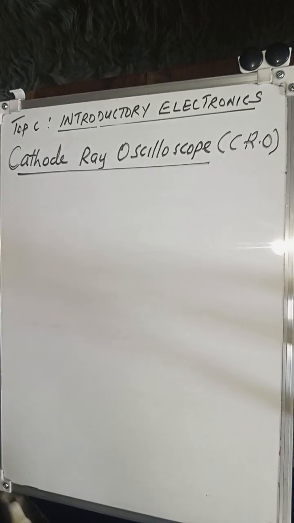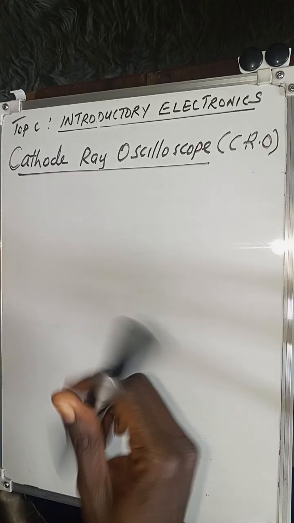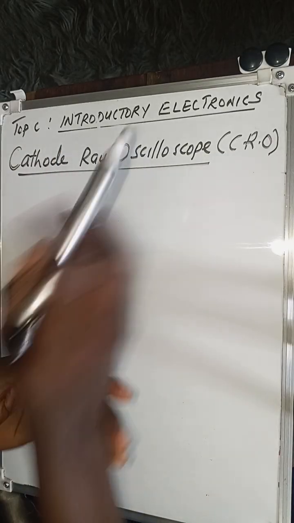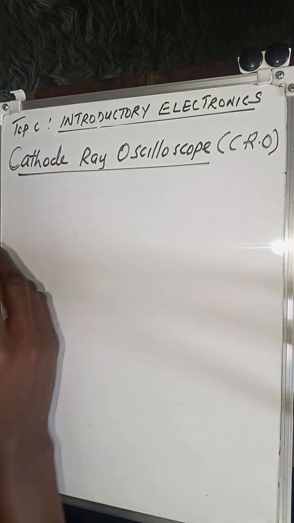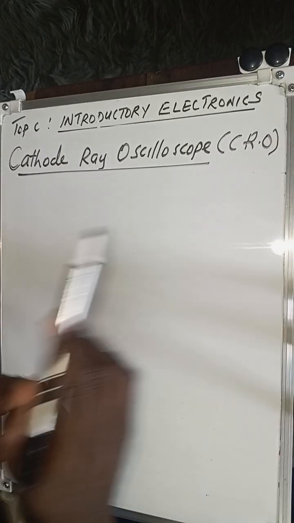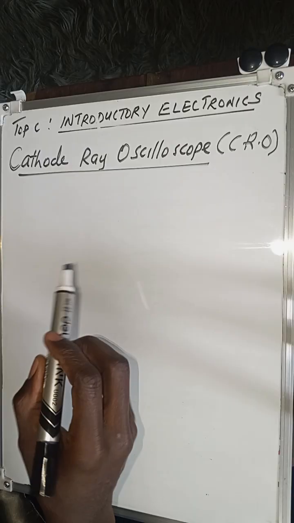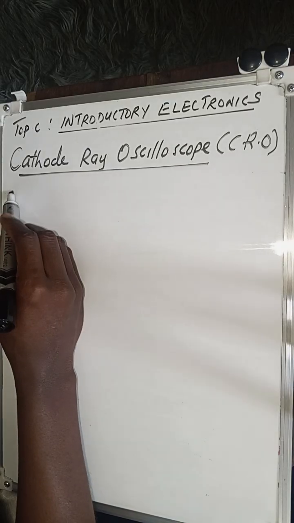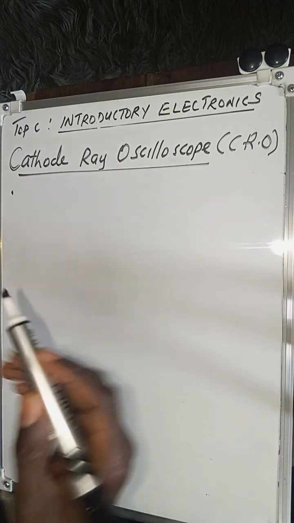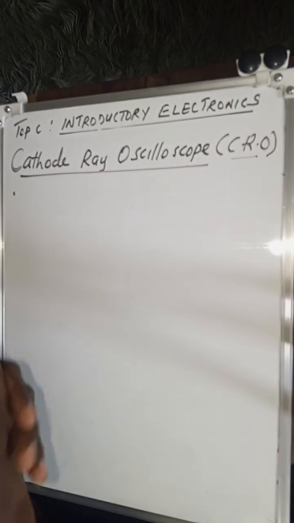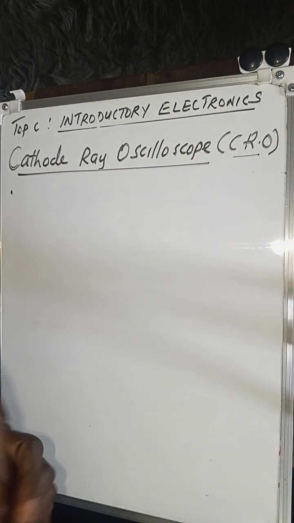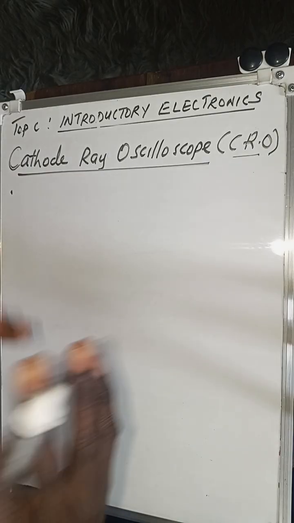Welcome to my other segment of my physics videos as we continue looking at introductory electronics, but this time we are going to focus on the cathode ray oscilloscope. Now, what exactly is the cathode ray oscilloscope? Well, you can simply say that a cathode ray oscilloscope, shortly abbreviated as CRO, uses cathode rays to display waveforms